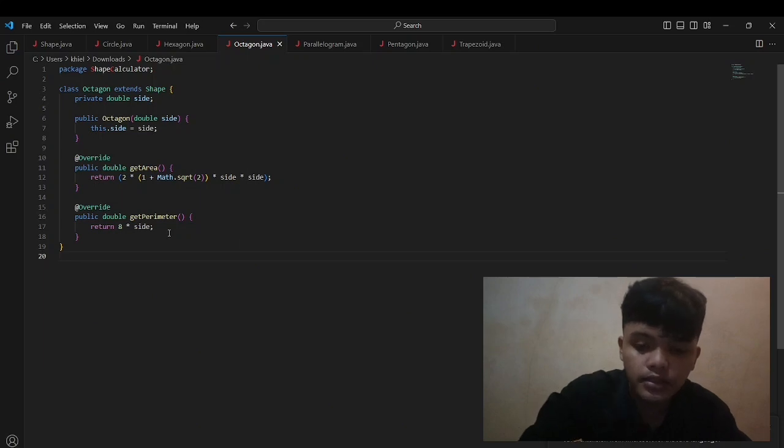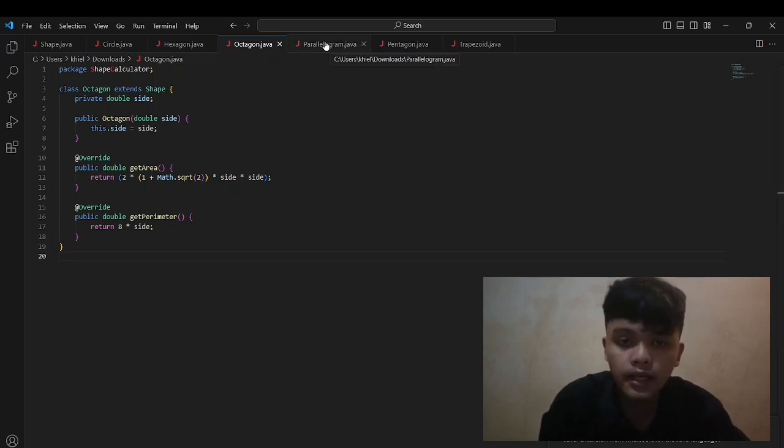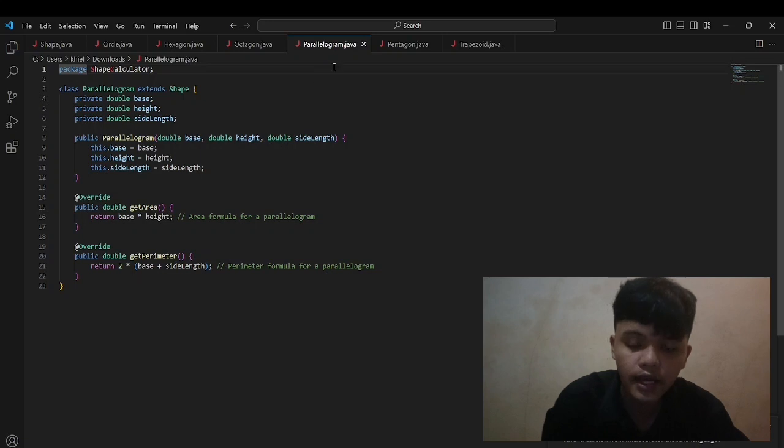And next is the parallelogram shape. The parallelogram class extends the abstract shape class, inheriting the structure. Class parallelogram extends shape.